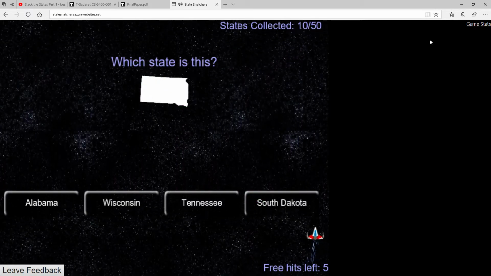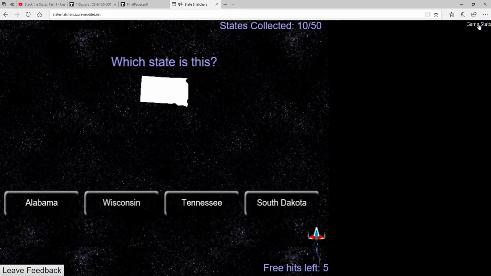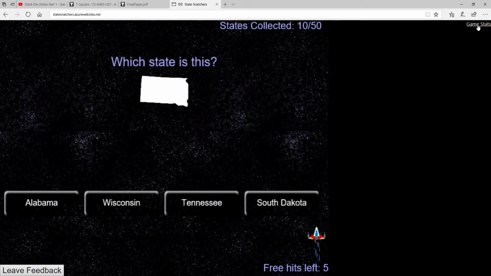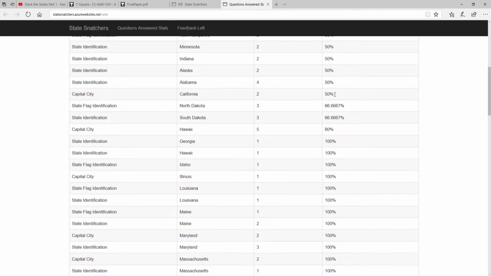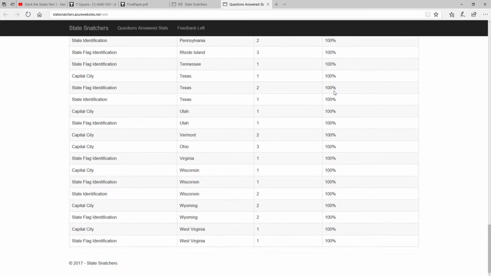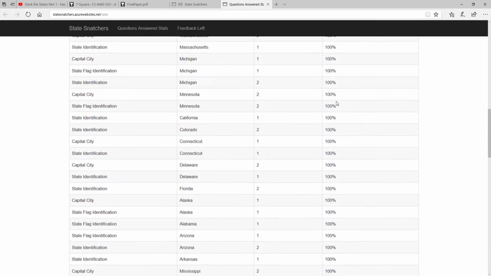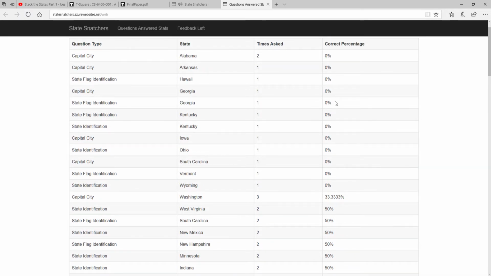Another feature, if you can see in the upper right corner, there's a game stats link. And if we bring that up, it's going to give us the ability to see, this is for all players, which types of questions players had the most trouble with. It's sorted by least correct answer percentage. Now there's not much data here because I've pretty much been the only person playing it, but as more and more people play, this could be interesting to show what types of questions people have the most trouble with,